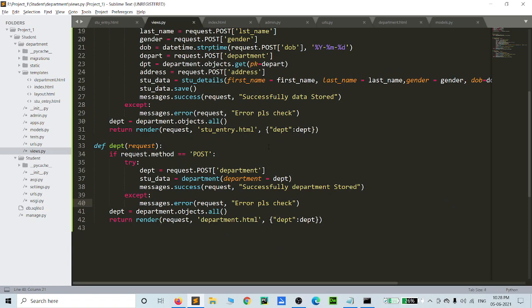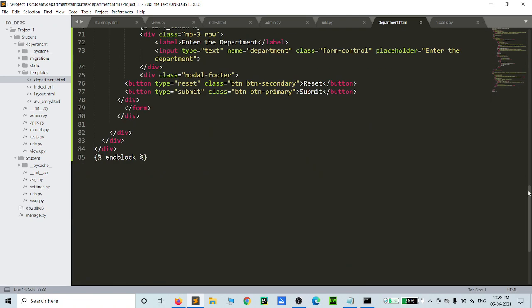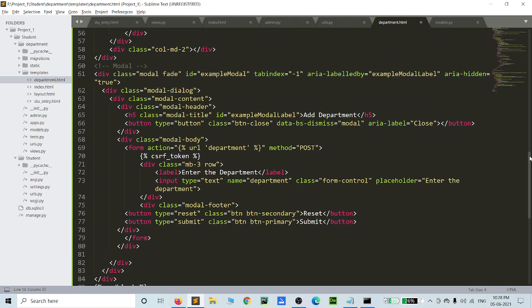We ask by request method; the form method will come down. What error? The form action is department, method post, and its name is department, enter the department.